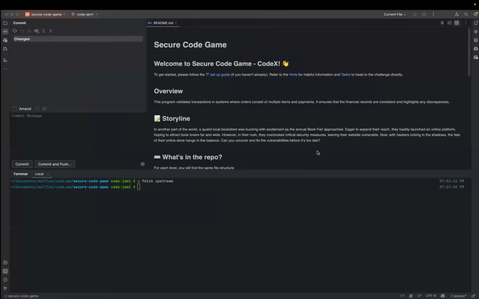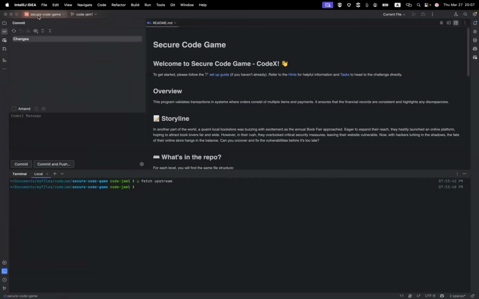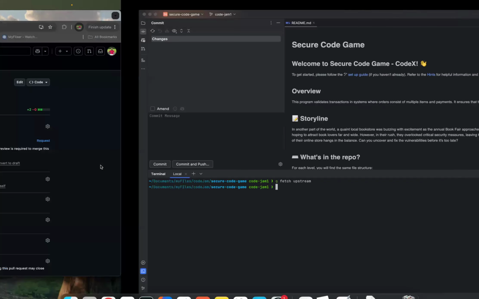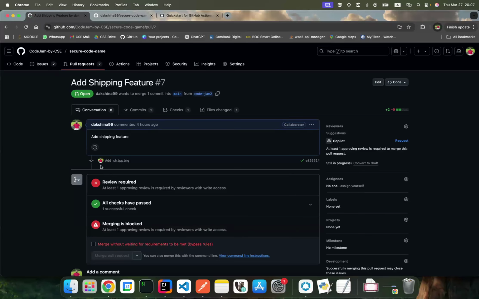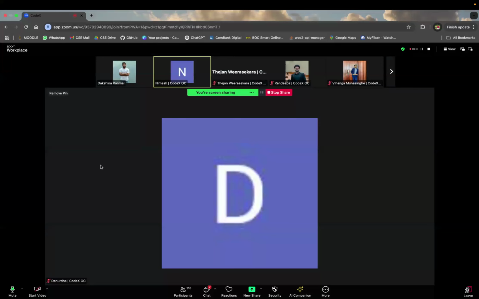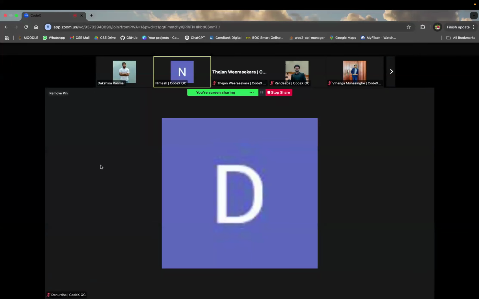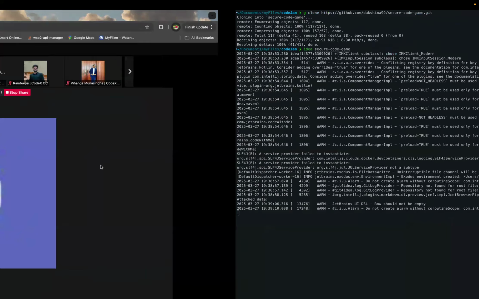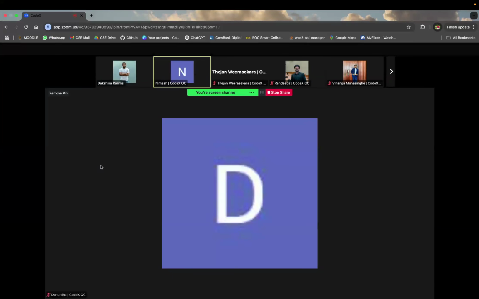So in IntelliJ, you can switch between the other repositories from here, and in any kind of IDE you can switch among the projects or repositories that you are working on. You have to follow the same life cycle that we showed you earlier in the beginning slide in all the repositories that you are working on. I'm demoing here considering only one project, but when you want to switch among the projects, it's very easy, you can do that.